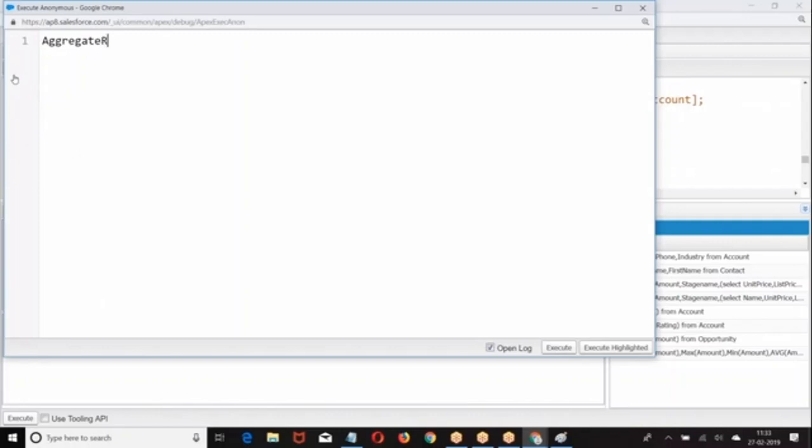Aggregate result equal to select, max value. Any issue with that?